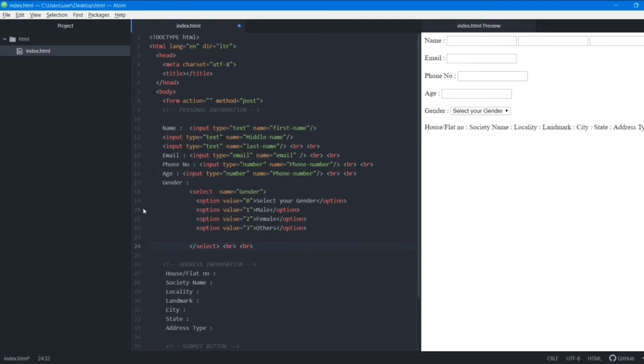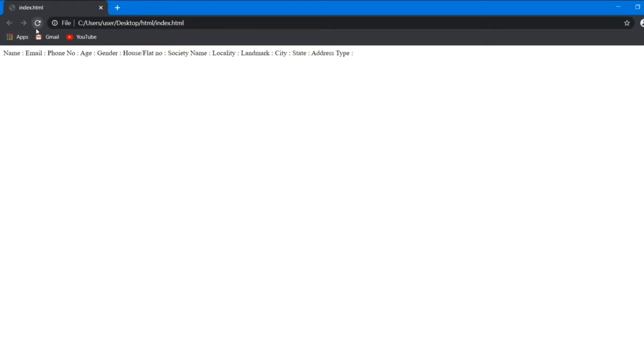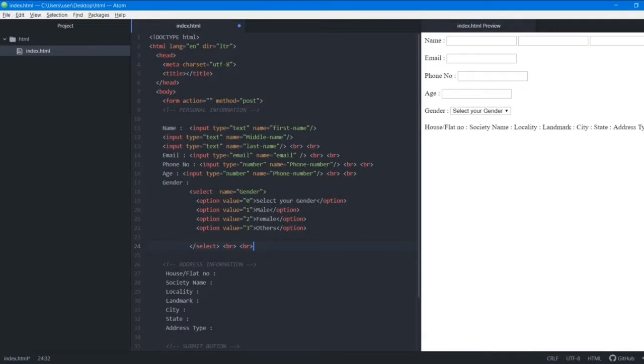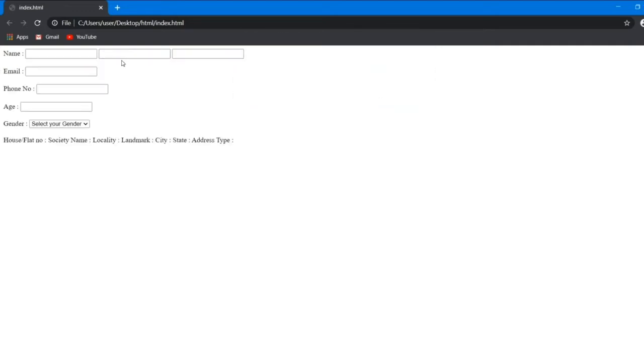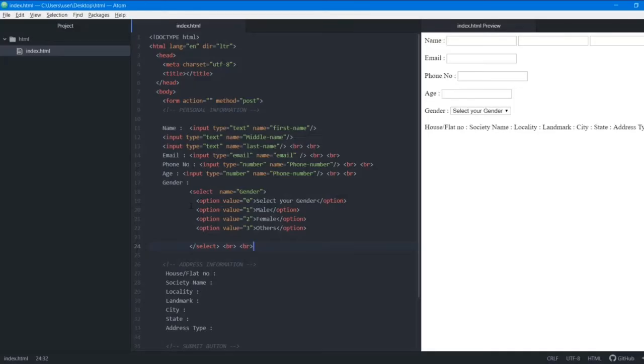Okay, so this was our personal information section, right? Let's look it up in our browser. Let's see how it looks. We load it. Let me just save it. I forgot to save this. If you don't save it, you can't see it in a browser. Okay, now you can see the personal information section looks much better than the address section. I even forgot to give it a title, so we'll just give it a title. We'll call it HTML5 form elements.